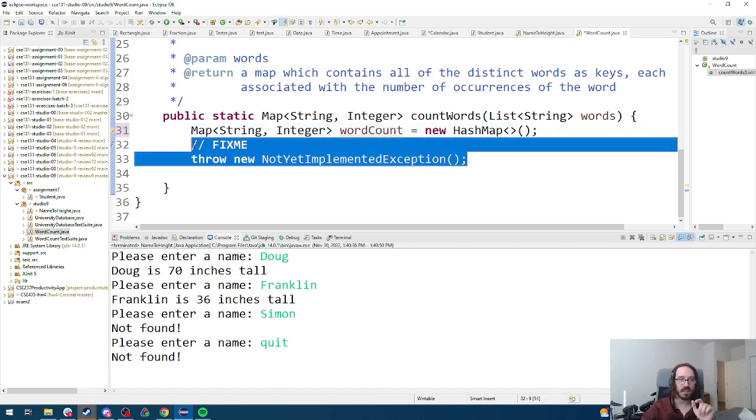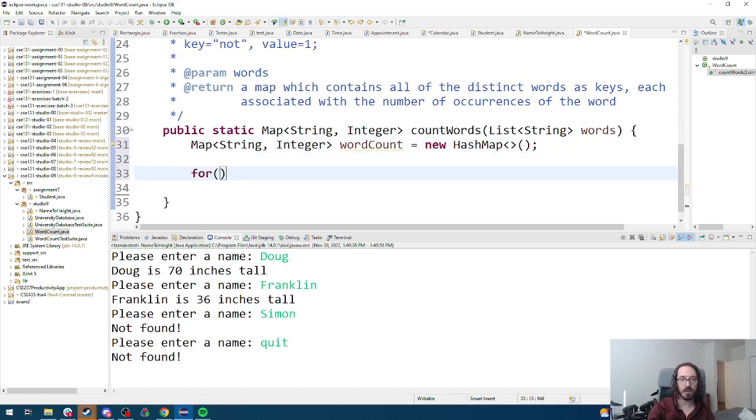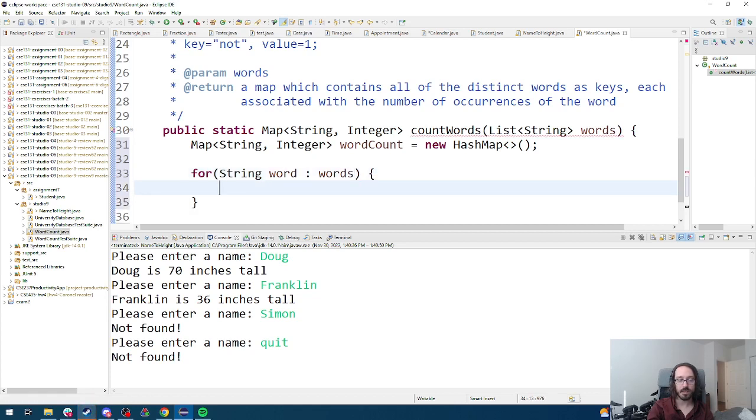Well, before I talk about that, let me go ahead and set up a little bit more of our framework here and just iterate through our list, which I'm going to do using an enhanced for loop, or a for each loop, because that'll do it for us. All right. So now that I've got this loop iterating through each of the words in the list, let's consider